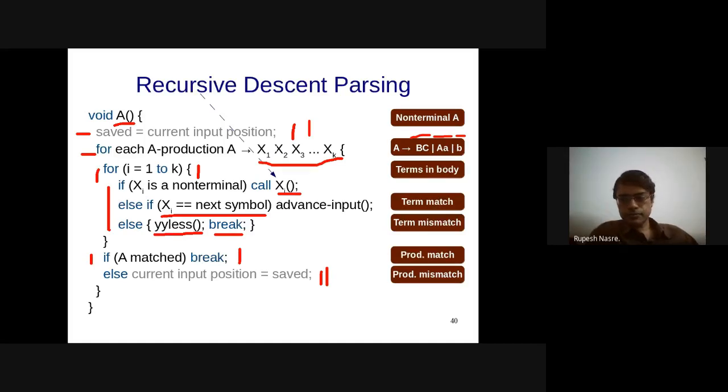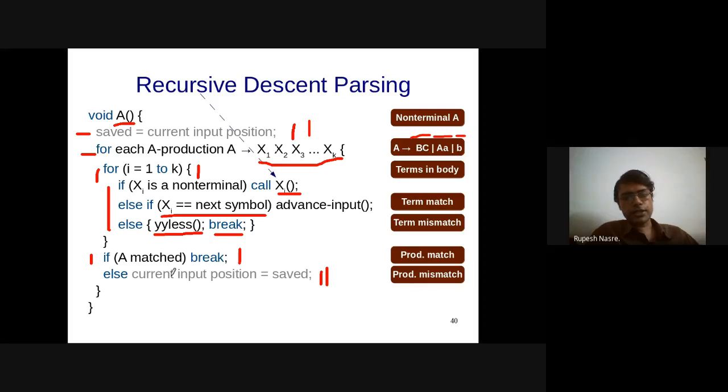This is okay? How do we keep track of whether A is matched or not? Yeah, I have mentioned it only in a verbal style here, but we'll have to build a table which is going to tell us if we have matched it or not. Typically, the productions are going to end with some sort of marker. For simple inputs, for the exposition purpose, we are going to assume that there is some end marker like the sharp sign which we have used earlier. So if that is there in the input, then we are going to say that it has matched, right? And we can set some flag for that.